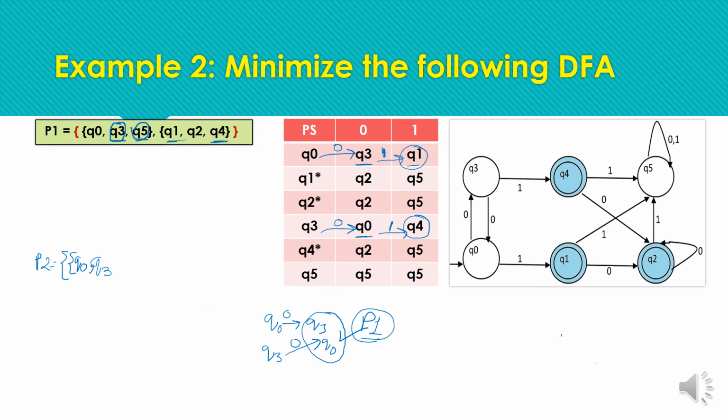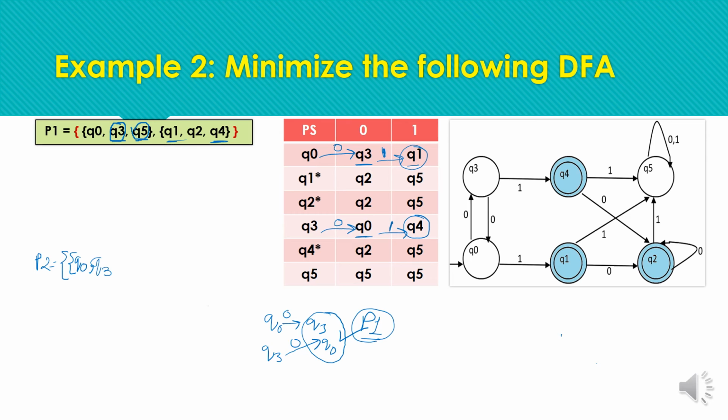We are following this process just to avoid confusion. You can also check the compatibility of any member of the group, meaning you can also check the compatibility of Q5 with Q3. This is an optional step. If Q0 and Q3 are similar, you can check the compatibility of the next state with either of these states. I am taking Q0, but you can also take Q3 for the compatibility check.